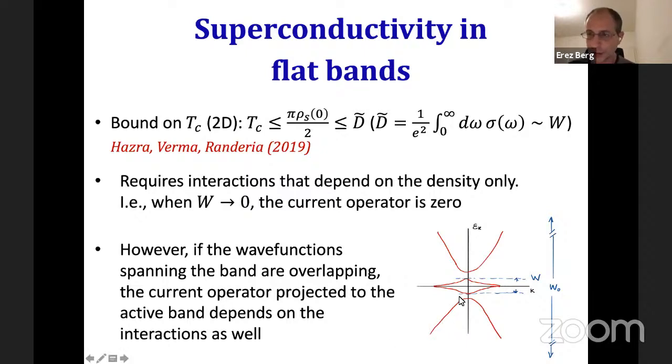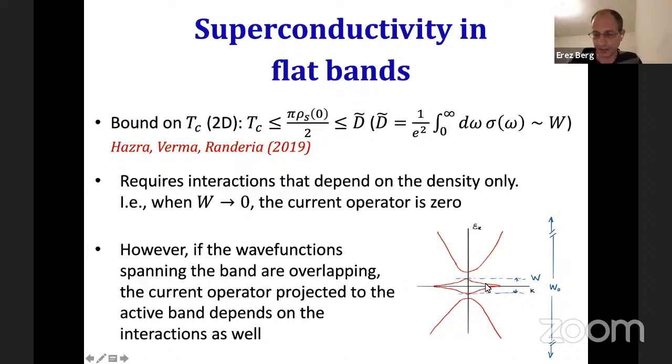But if you think about the situation like in twisted graphene, where you have a flat isolated band with bandwidth W, which is separated by more dispersive bands. Then to really apply this criterion literally, you have to integrate over sigma of omega over all frequencies. And they would include also the dispersive bands. So you really have to take this integral up to infinity, basically to integrate over all the electrons, including interband transitions contributions to sigma of omega. And that would give you a bound which is correct, but clearly not very useful.